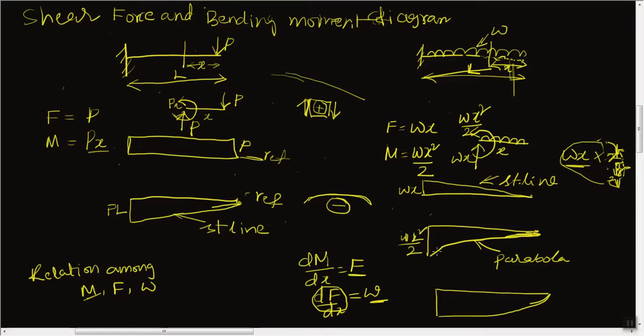Okay, and the derivative of this bending moment diagram at this location is nothing but the slope here. It has some finite slope, right, of WL square by 2, right? So at this location, if you differentiate this WL square by 2, you will get W into L, same as this one here, W into L. So this is W into L. Okay,